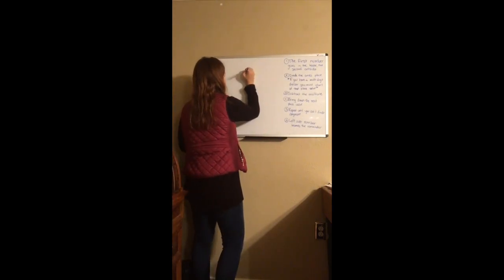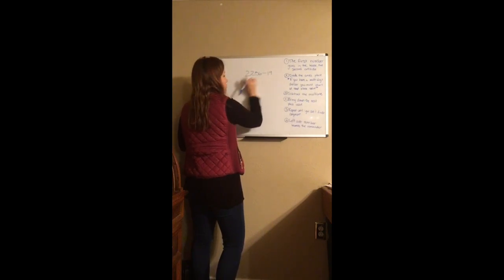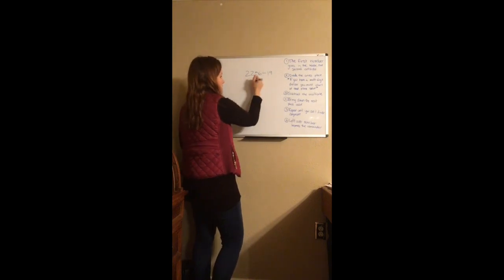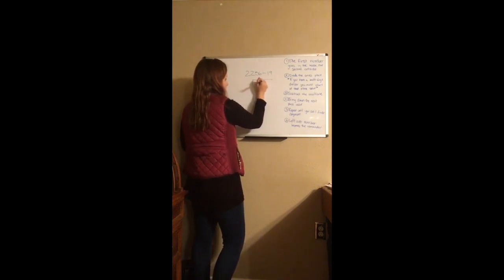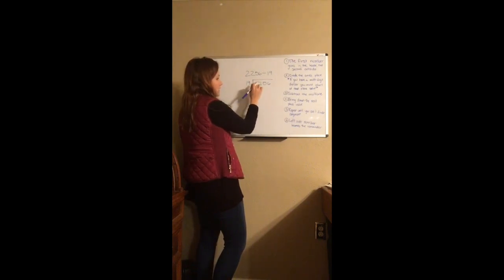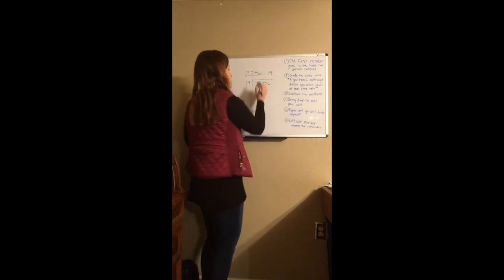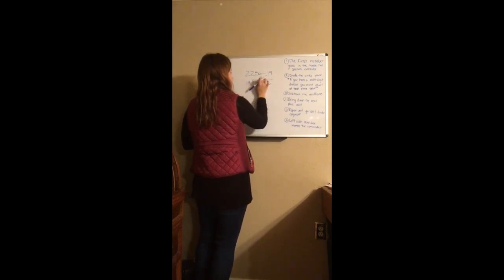So let's look at one more. 2,256 divided by 19. First number goes in the house. Second number comes outside. 2 place values, which means I have to look at 2 place values. So 19 goes into 22 for 1 time. So 19 times 1 will give us